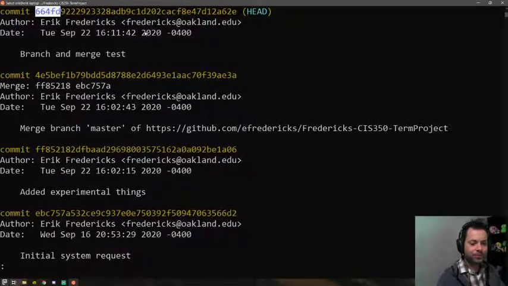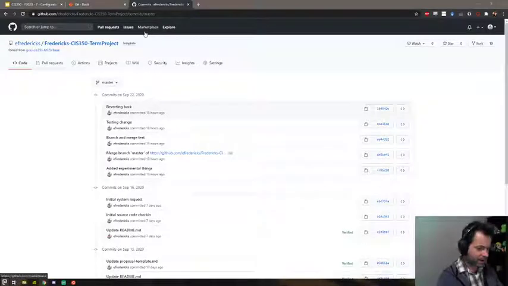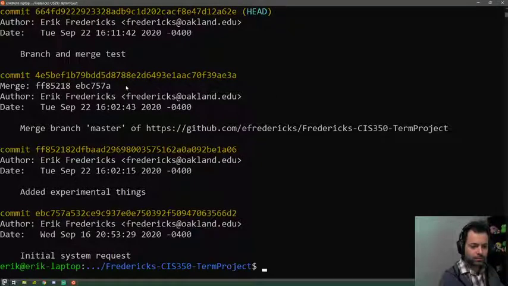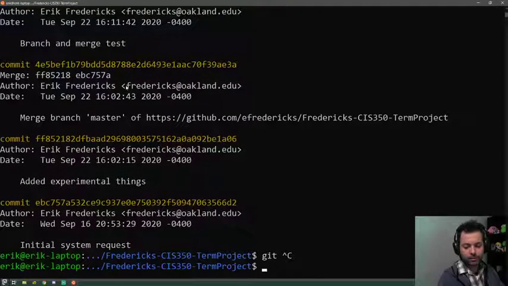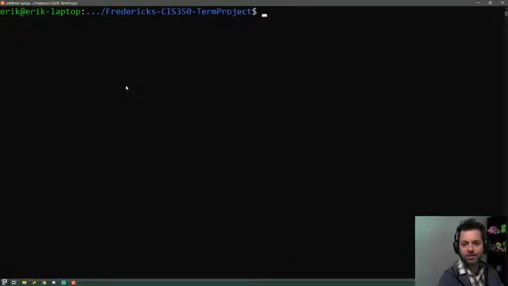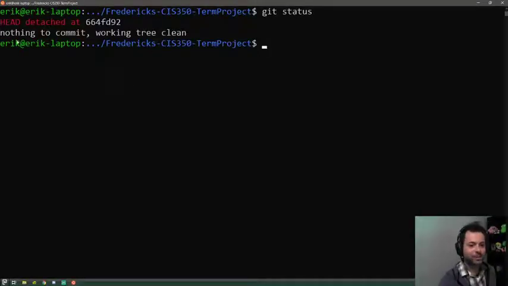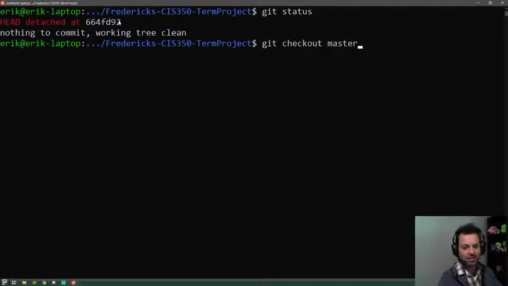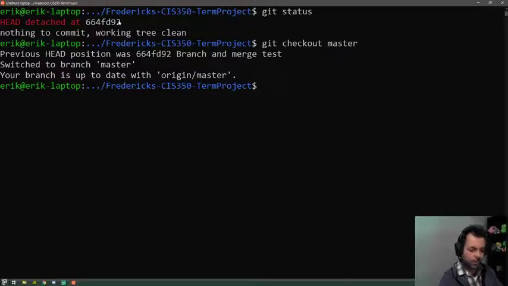Okay. But if I want to go back now, I have to basically, I know I'm presenting. Sorry, getting lost here in my commands I need to do. Git status, that's what I wanted. Head detached. So I'm looking at an older version. If I just do git checkout master, for instance, now I'm up to date again. ED21, yeah, thank you.